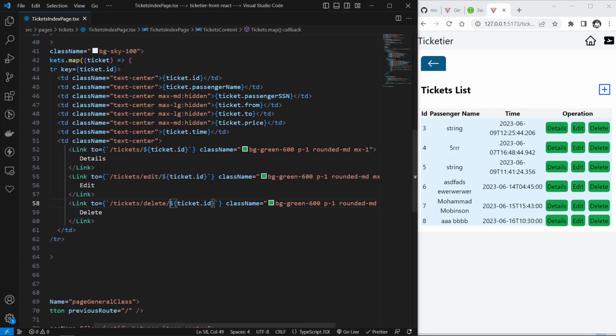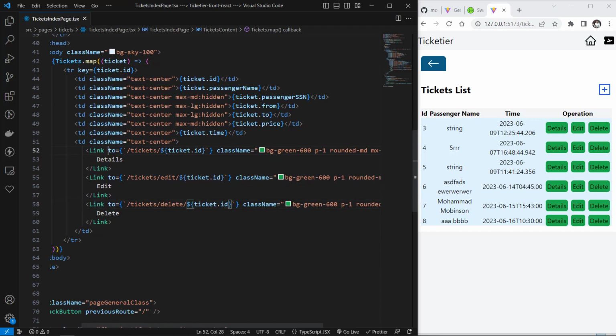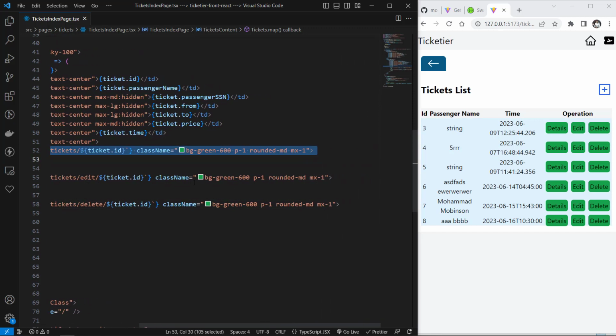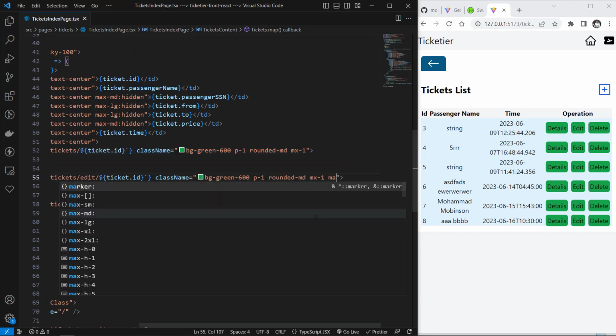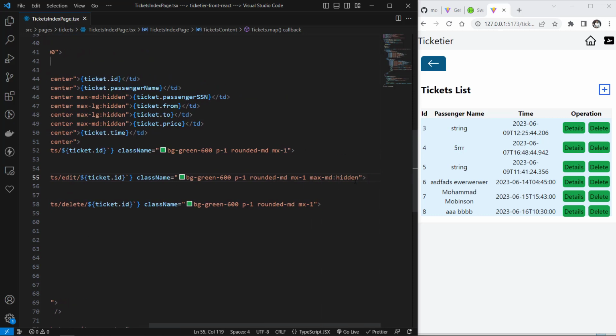But we need to hide them on different sizes. So how we can do this? It is easy. Details needs to be always here. But after details, we have edit and delete. So for the edit, here after margin X of 1, we can simply say that max of MD, you can be hidden. So after MD, it would be shown. So good. Also, let's copy this